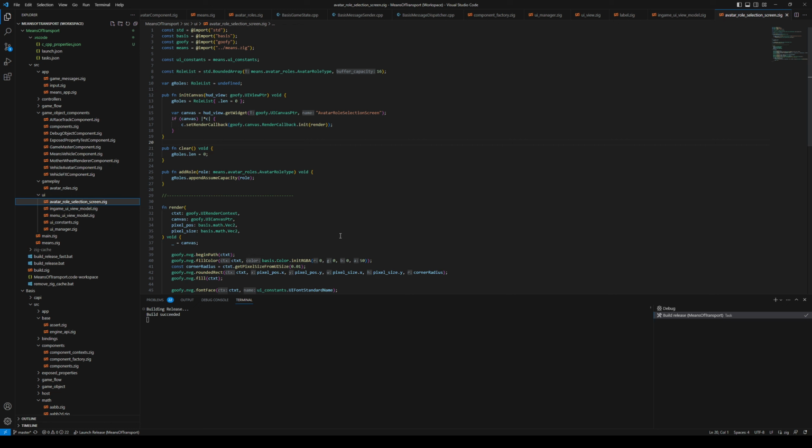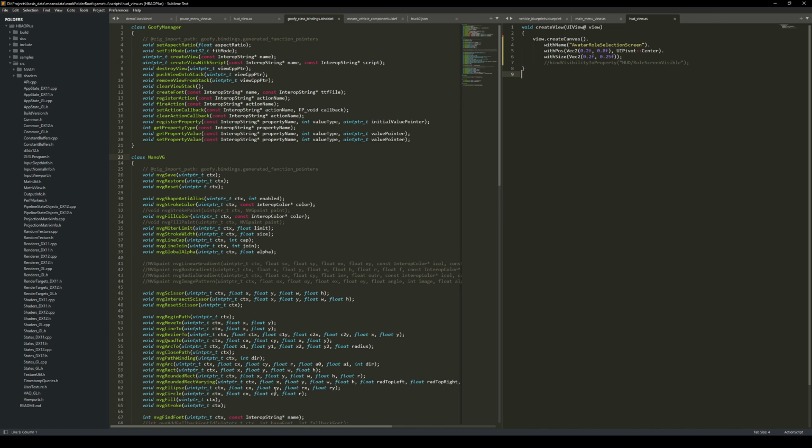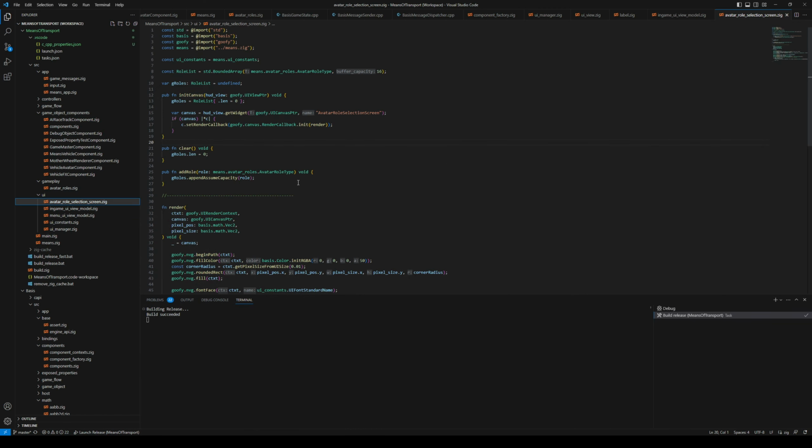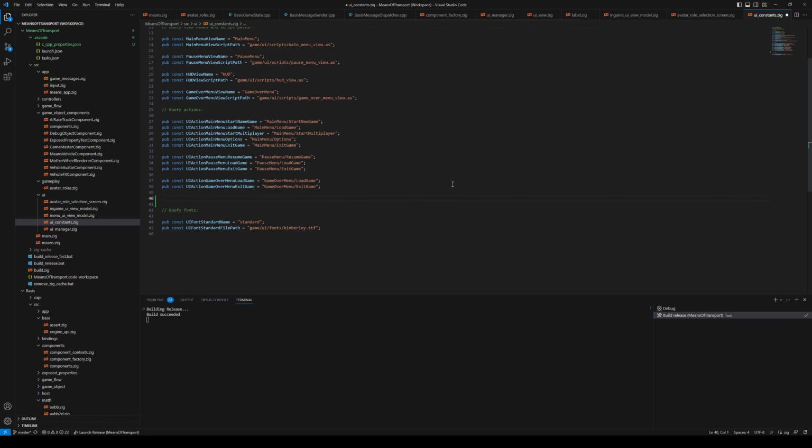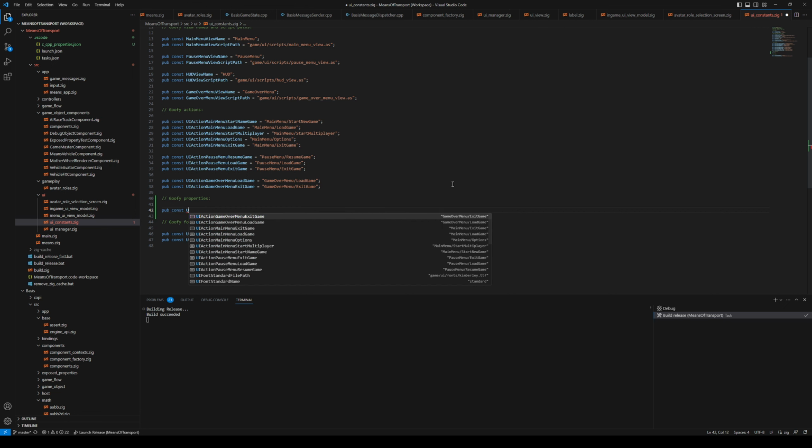And, excuse me, like I said last time, the visibility we will bind to a property. We have this commented out bind visibility to property thing here, which we can put back in. We don't have this thing currently, but we'll put that in, and maybe we'll start with that. So we go to UI constants, and let me just look at my notes here. We have goofy actions, and we probably want a section here for properties as well, because we'll have probably quite a few of these. So UI property, and then